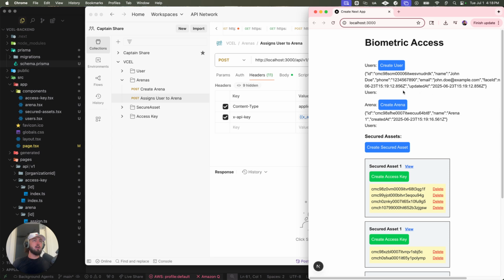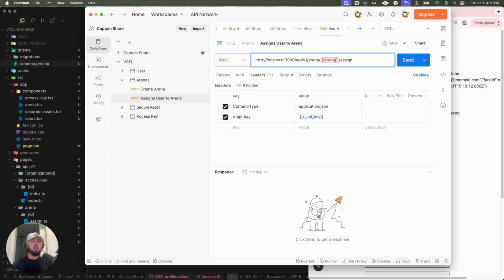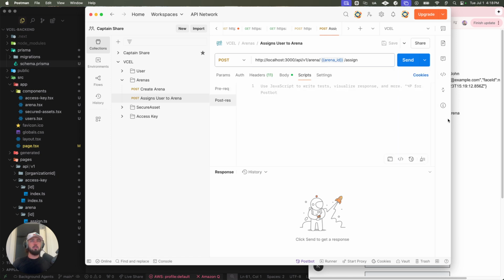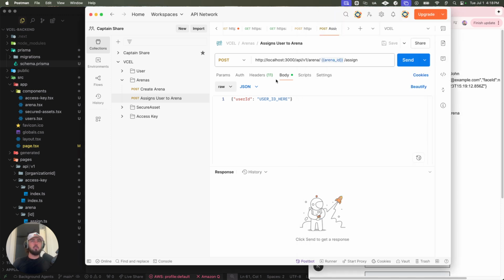Boom. All right, so arena ID is going to be this one, right? We can actually assign that to the environment here. So arena ID. And then we also need a user ID. So this user is John Doe. User ID.